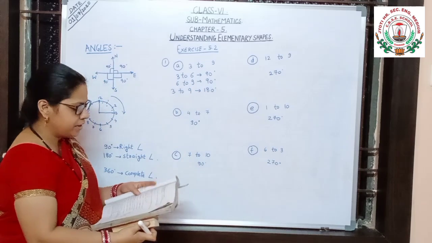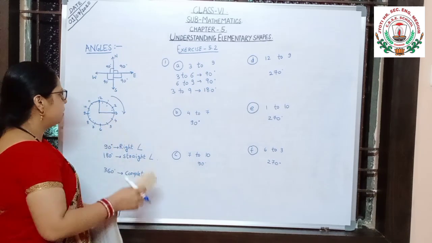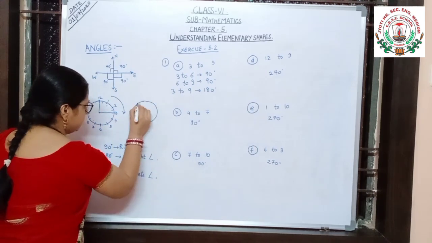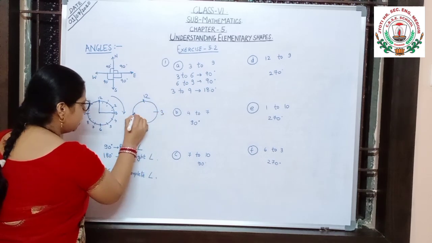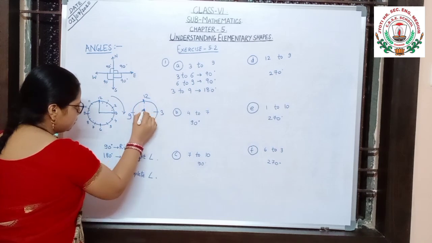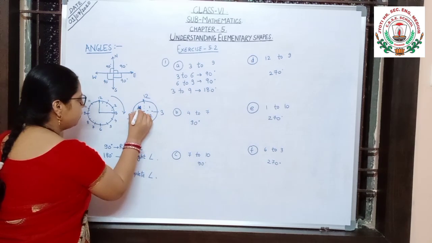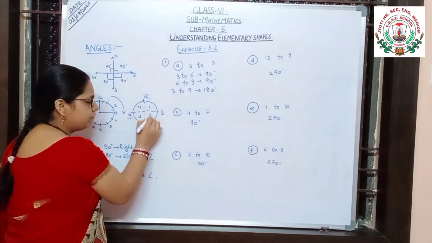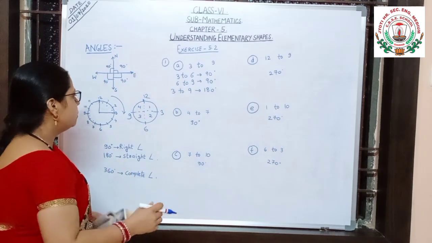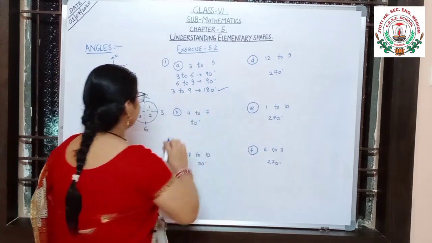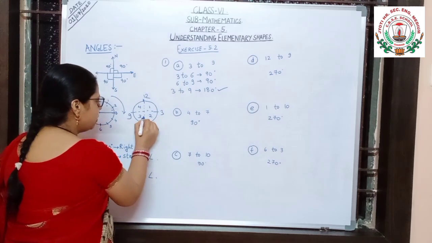Here actually the degrees we have written correctly. But what is asked? What fraction? Total how many fractions are there? This is 12, this is 6, this is 3 and this is 9. If you are marking it, this is 1, 2, 3 and 4. So in total 4 blocks are there. So here you have to write how many blocks it is covering. 180 degrees is correct, but a fraction is asked. So 3 to 9: 1 block and 2 blocks.